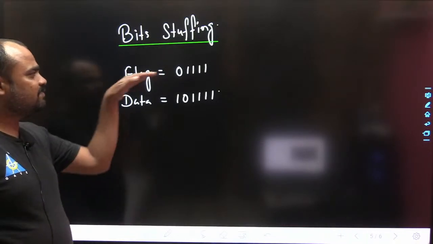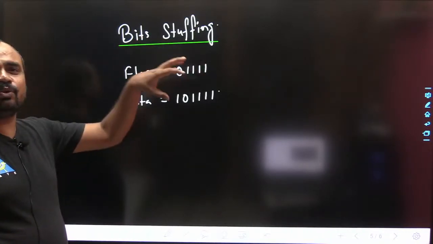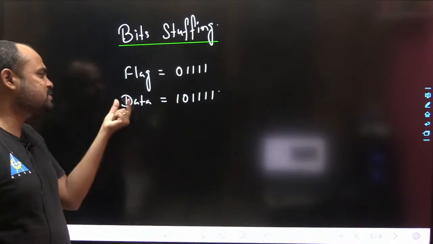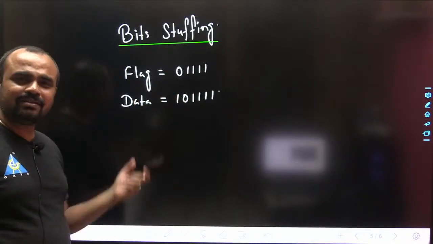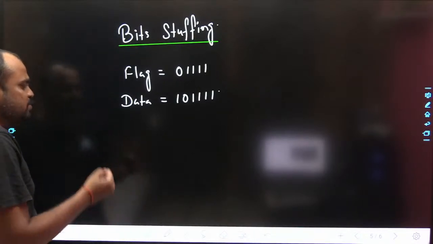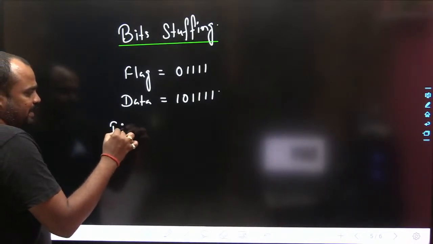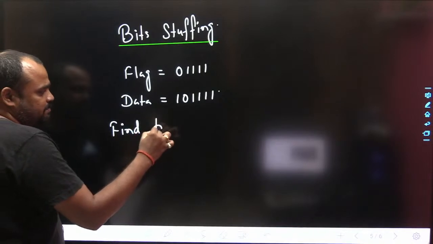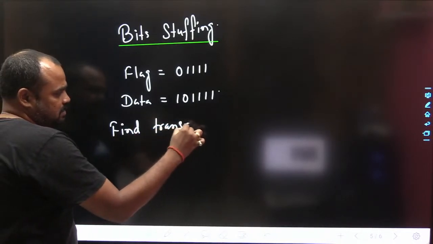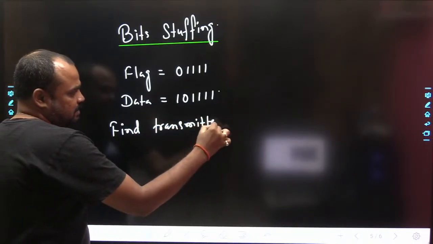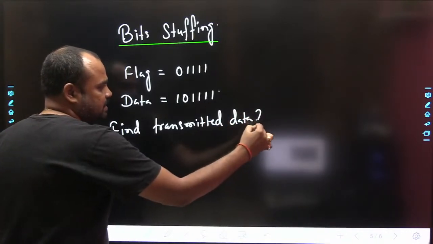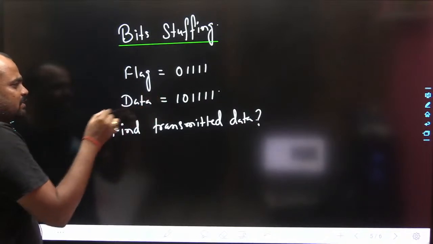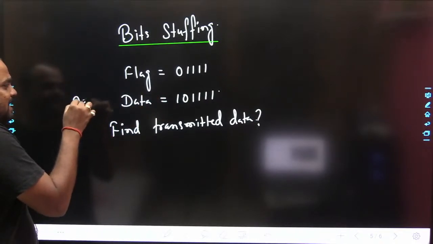Suppose this is the flag pattern both sender and receiver are using, and the sender wishes to send this particular data. Then we need to find the transmitted data. Whenever we say the term data, this is nothing but the actual data,